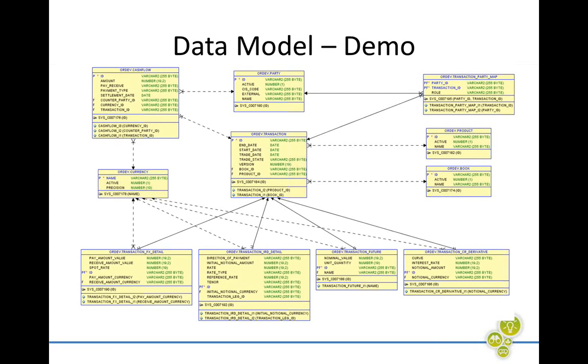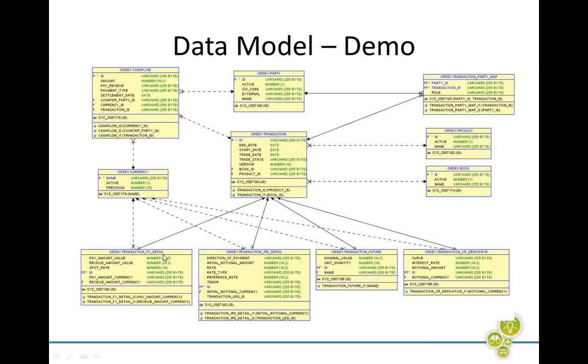So for the Quick Trade Warehouse application, this is the data model. We have our main entities, and we have a lot of static tables here, something like party. We have a party table which stores a list of various parties and counterparties and brokers. We have currency. On the left, we have various products. We have books, and then we have transaction and cash flow tables, which are storing most of our transactional information.